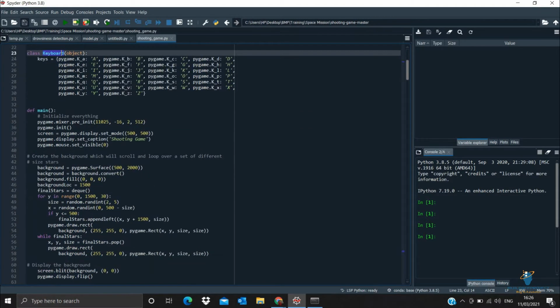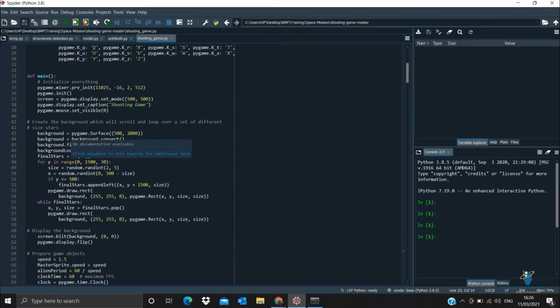Okay, and then here comes the main part, that is first of all we are defining a new function with the help of the keyword def. Inside this we are initializing pygame, and then we are trying to create a UI. Basically we will be getting a GUI at the end. So to create that GUI, we are giving some size to that frame, and then we are giving a caption, that is the title, as shooting game.